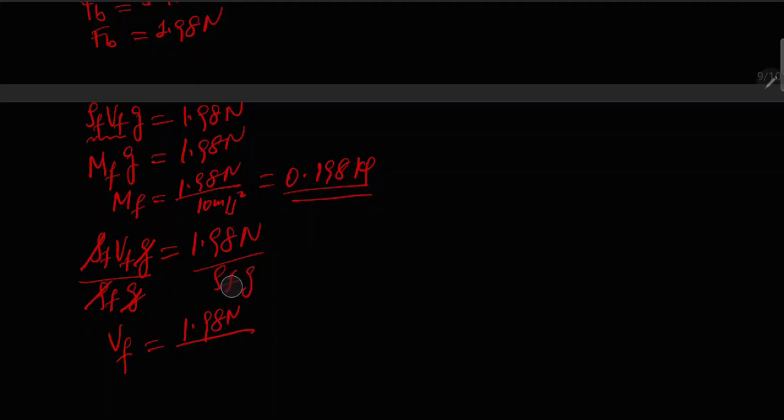Density of the fluid ስንት ነው? 1000 kilogram per meter cube times g, 10 meter ፐር ሰከንድ ስኩዌር ስንት ይመጣል? 1.98 ኦቨር 10,000 ማለት ነው። 0.198 times 10 raised to minus 3 meter cube ነው።